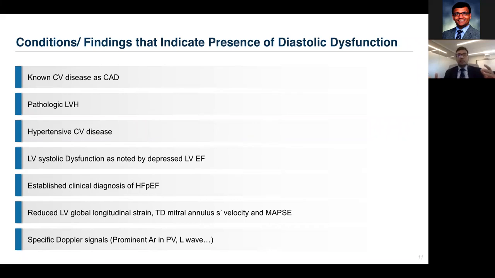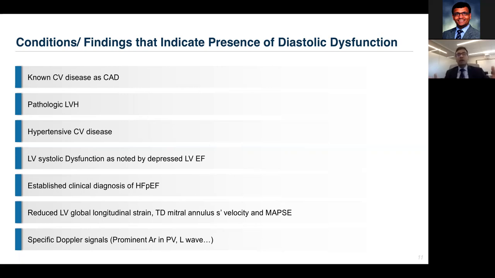What is the grade of diastolic dysfunction? What are these features? These are if the patient has a known cardiovascular disease like coronary artery disease, a known history of pathologic left ventricular hypertrophy, hypertensive heart disease, LV systolic dysfunction as noted by reduced ejection fraction less than 50%, an established clinical diagnosis of heart failure, particularly heart failure with preserved ejection fraction, reduced LV global longitudinal strain,